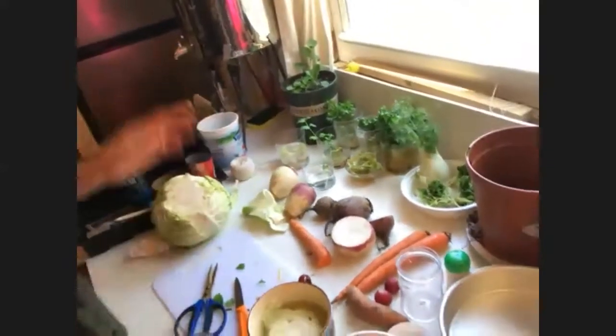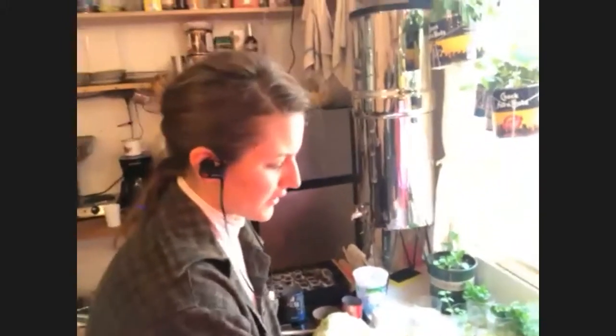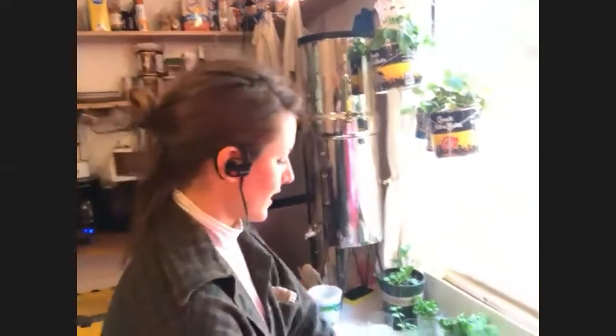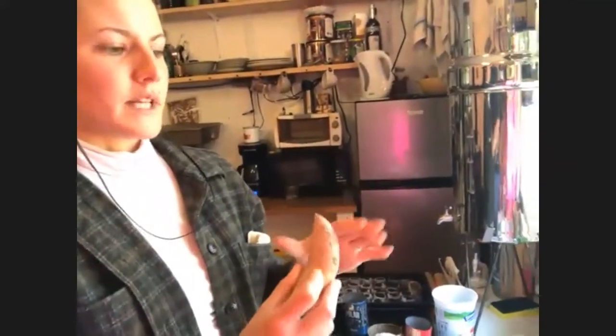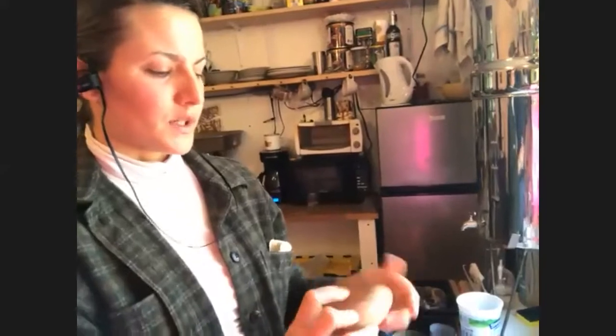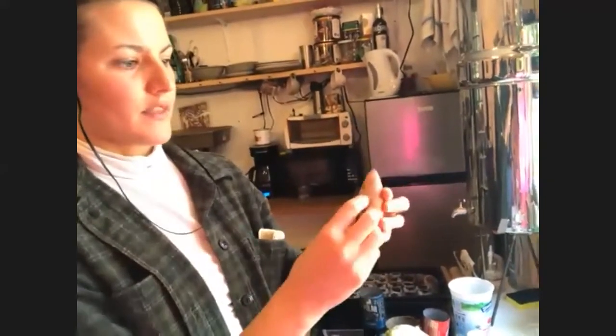Yeah, and then another thing I've never done before, but I thought it would be fun because it's Earth Day. Why not try something new? Because I've never sprouted a sweet potato and taken slips from a sweet potato. And slips are just what sweet potato starters are called. So it's when you take the actual tuber and you put it in some water and